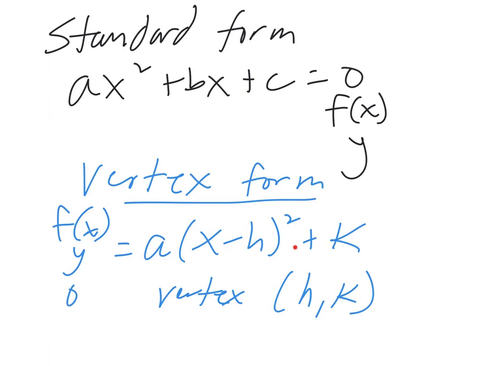Now, this is the main reason why we've studied completing the square, because in order to do vertex form, we have to complete the square so that we get a binomial squared like this here, and that allows us to get the h and the k. So we'll go through some examples, and I'll talk about how you use completing the square to get it into this form, and then also to pick off the vertex itself,